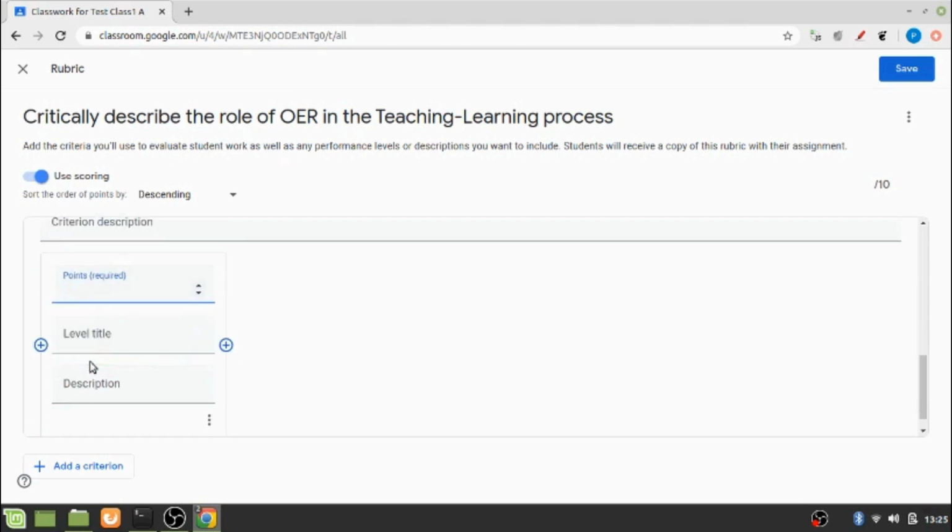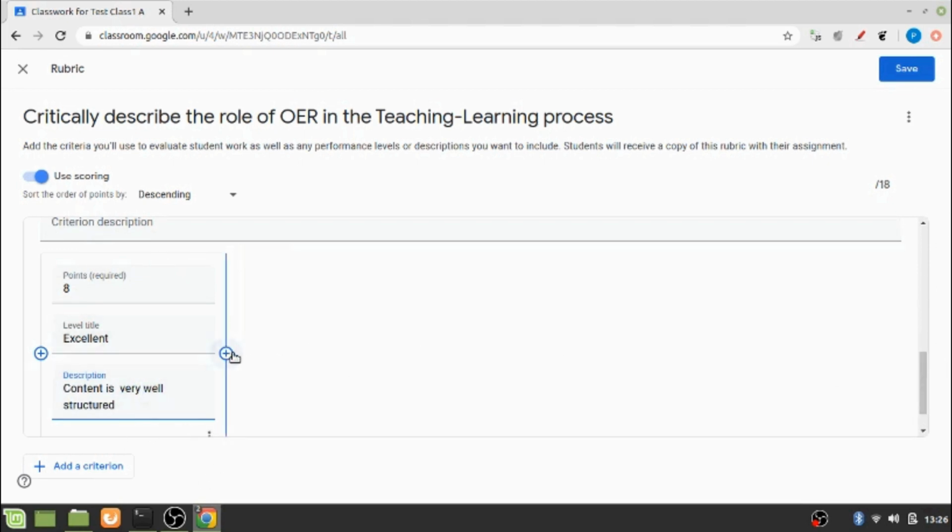Again I can add points, say I'll put 8 points for this level, and this level is for excellent again, and the description will be, say, content is very well structured.